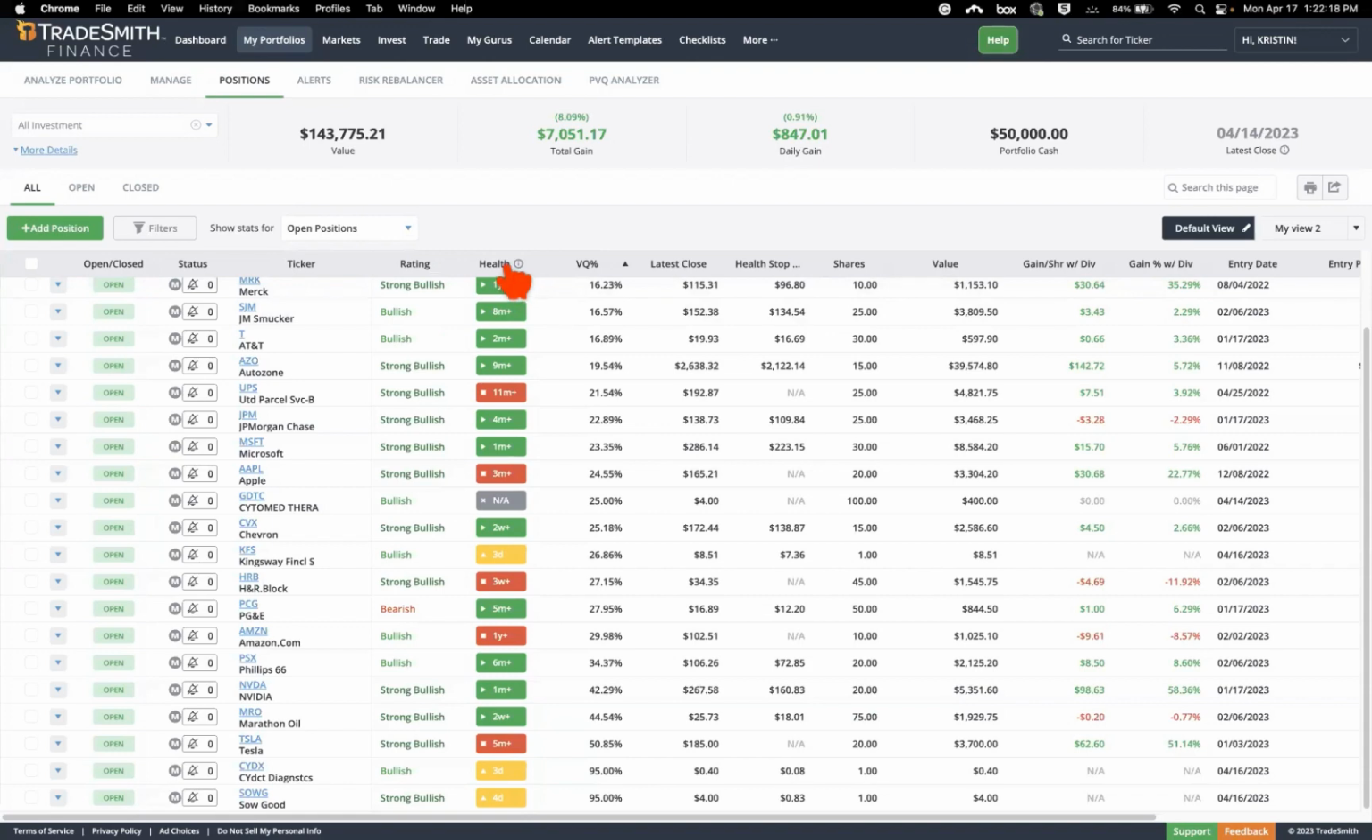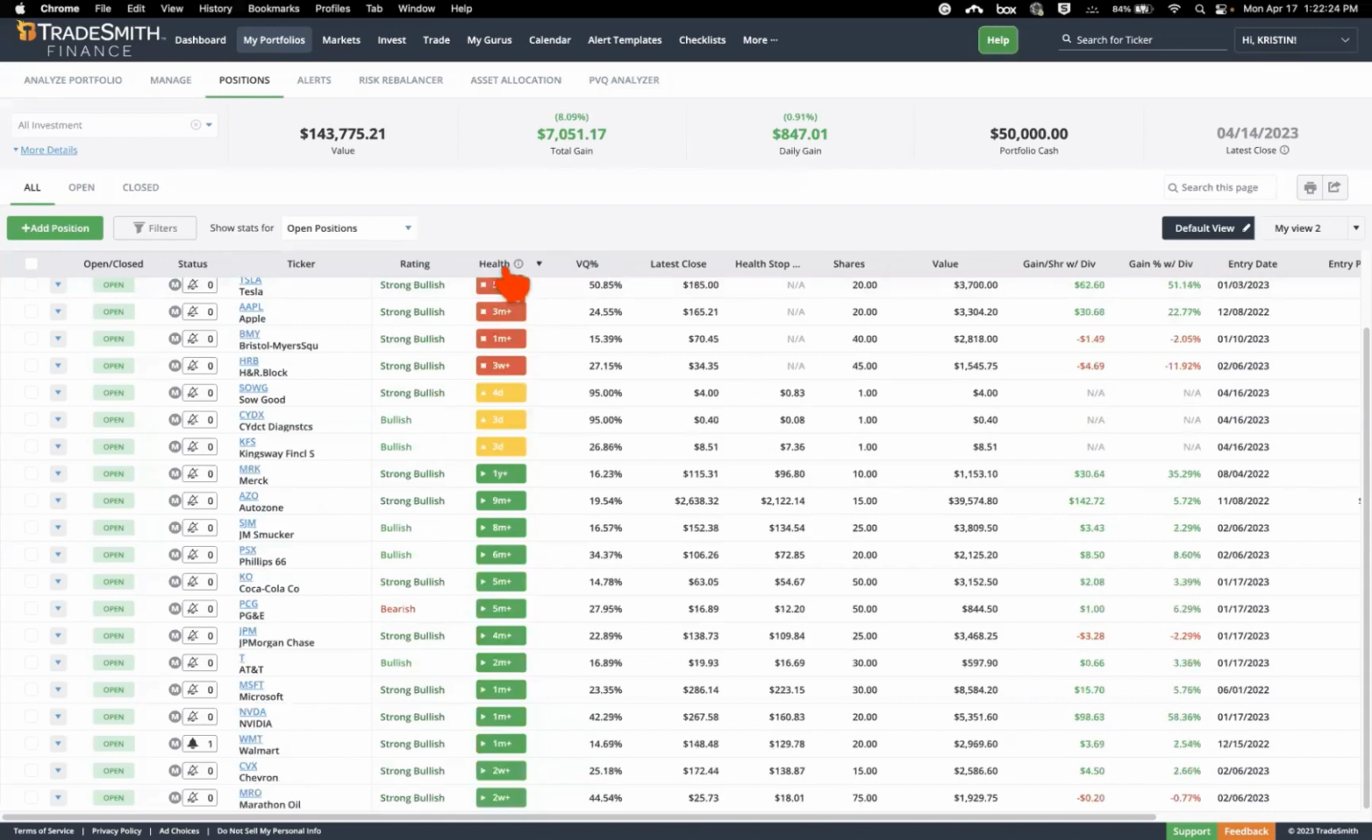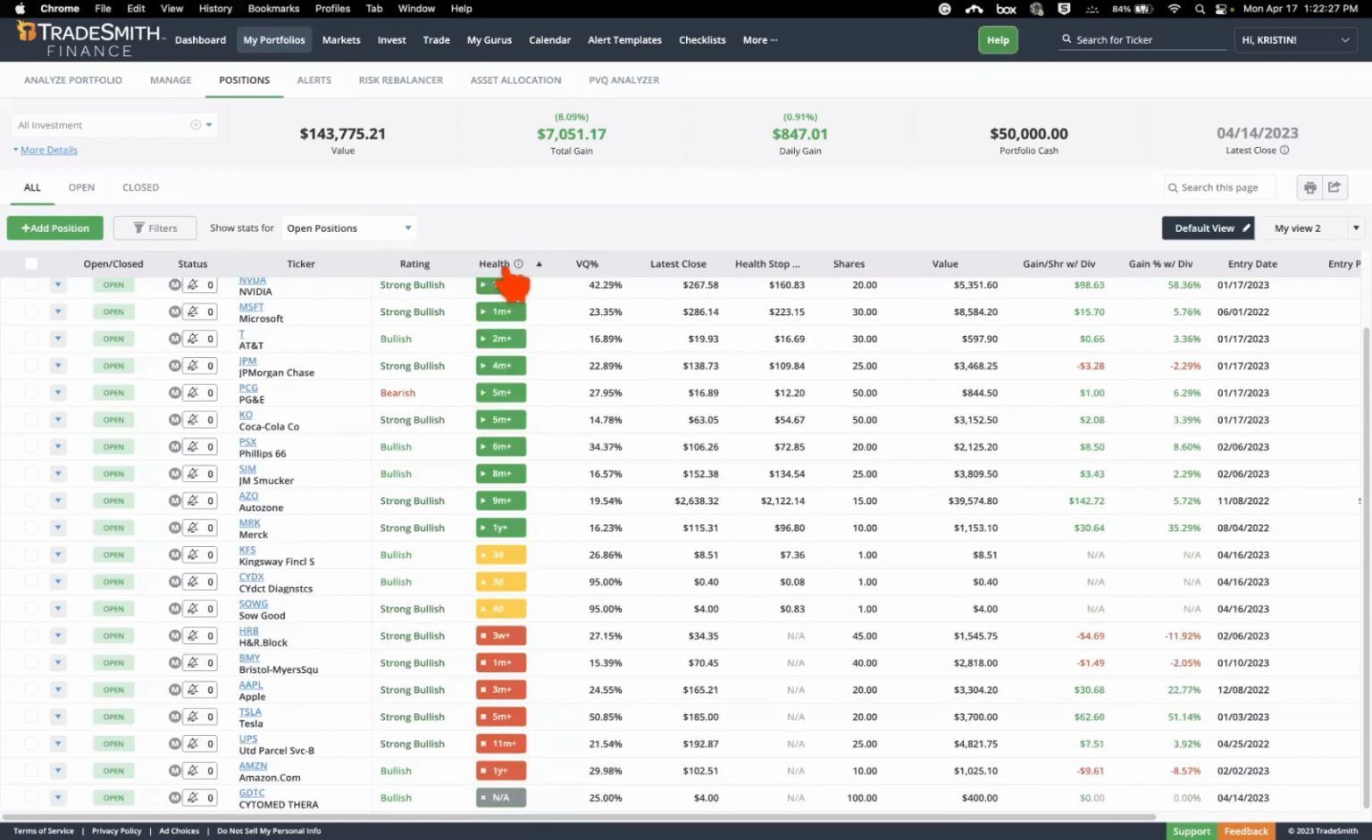I'm going to sort mine where the green's on top. So you can either have the green on top or the red on top. I like to see green first, so we'll leave it like that. So this health indicator is the simple green, yellow, red light system that we use. And what it does is it helps you see, like at a glance, if the stock is in a healthy